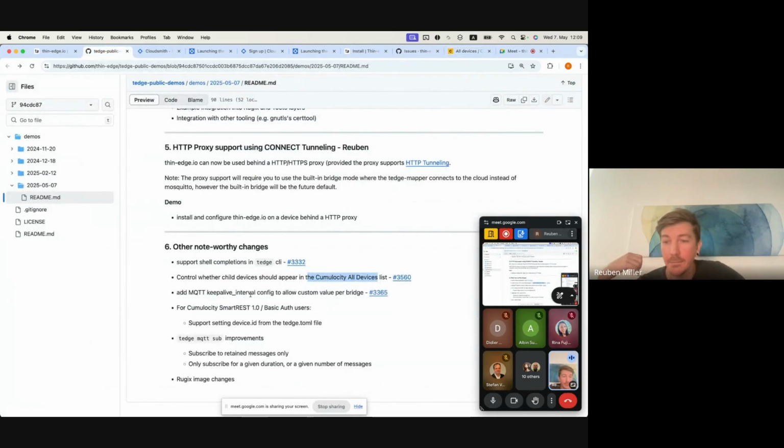Then you can now fine tune the keep alive interval for the MQTT connection. So if you're on really bandwidth constrained devices and want to limit the ping interval, you can change that up to 30 minutes or 20 minutes or whatever your preferred value is. We had the last remaining piece of supporting the Cumulocity SmartREST 1 topics,